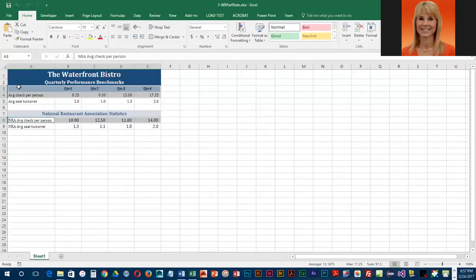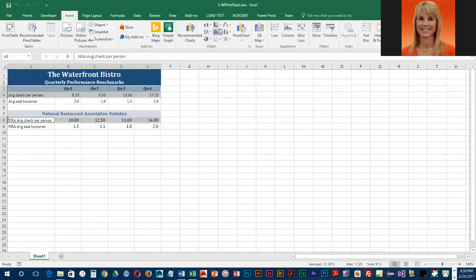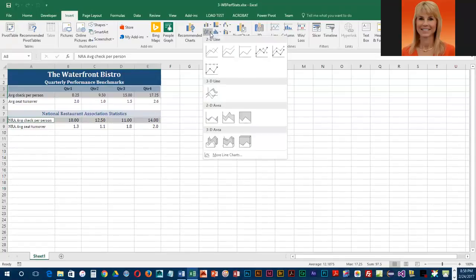So you'll notice that we've got A3 through E4. So we've got some text, which is going to be a legend for us. And then we've got some values, and then we have another row of values. That's exactly what we want. And we're going to go into Insert,